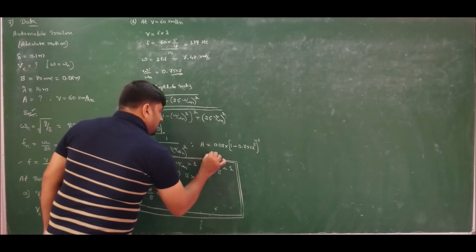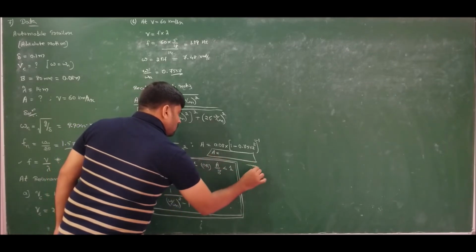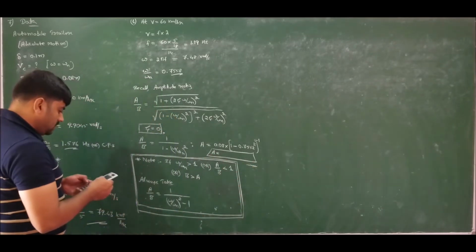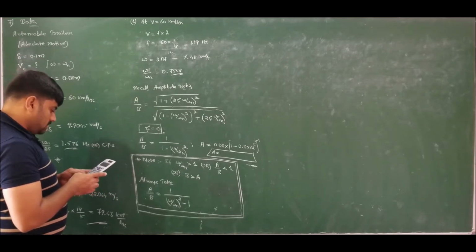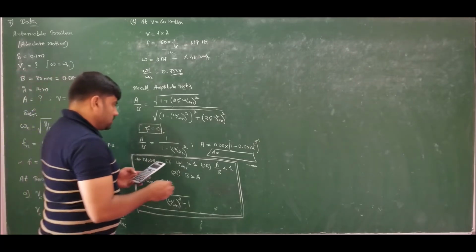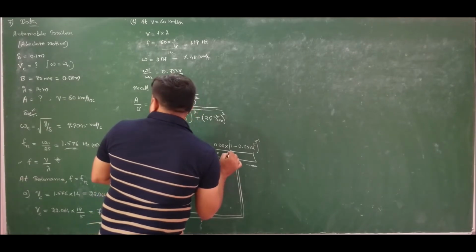So hence I will get the value of A. So how much is the amplitude of vibration? It is 0.08 divided by 1 minus 0.7552 square. So the answer is 0.18618. Since the data is given in millimeters,